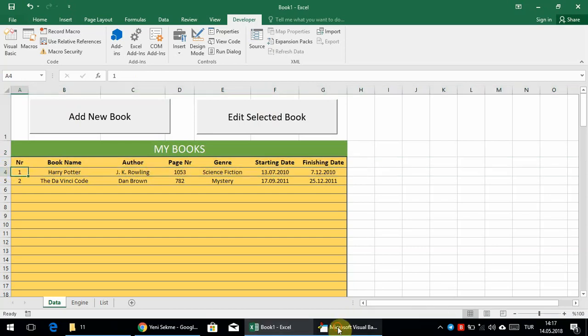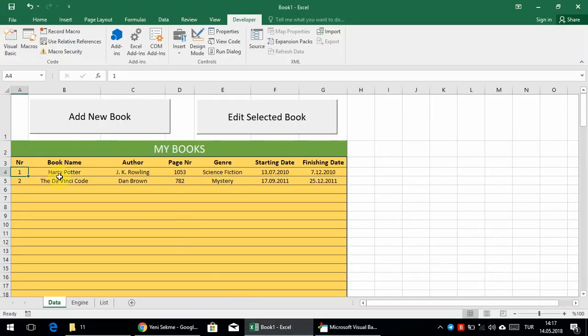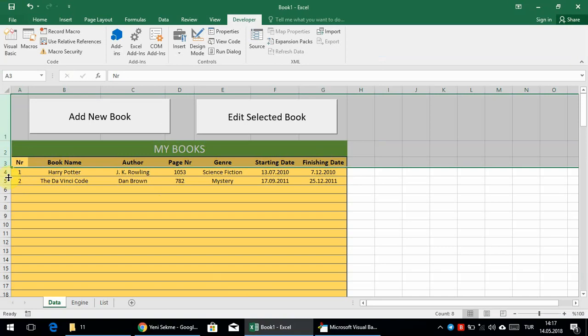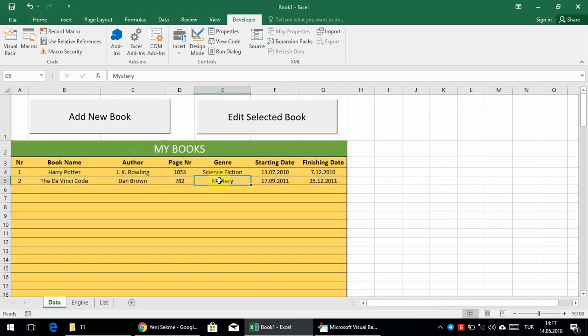So what we are going to do is subtract 3 from all the rows, because as you can see, we start from 3. If the user selects this row, it's the 5th row, but actually it's the 2nd row of the table. Why? Because 5 minus 3 is 2. Okay,